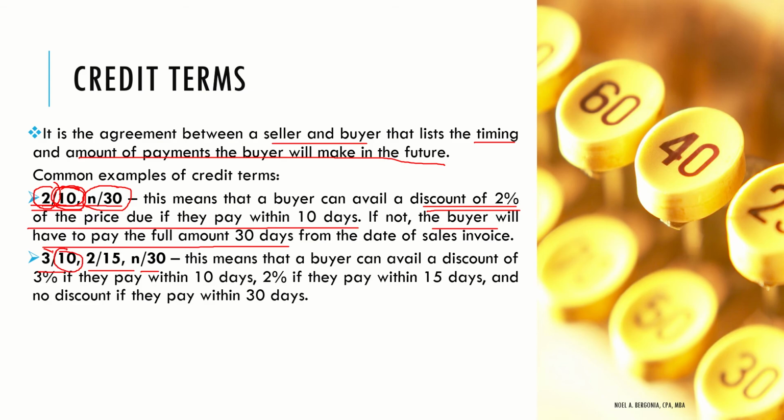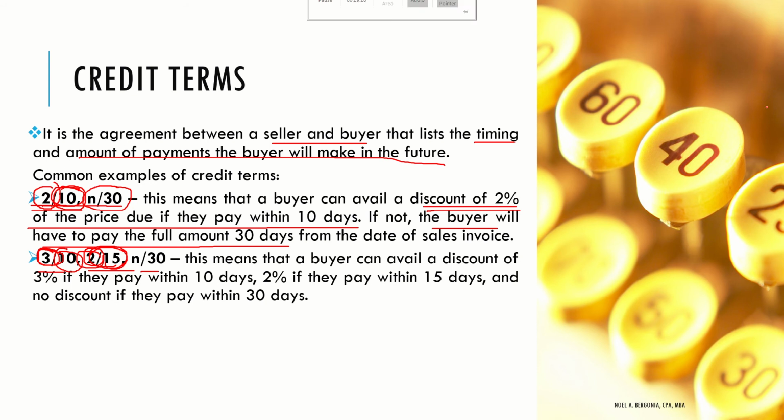10 days, the customer could avail 3% discount. So pag nagbayad siya within 10 days. Pero, kapag lumampas na, let's say, day 11 up to day 15, kasi yun yung second, no? Day 15, then, ang maa-avail na lang po ni customer ay yung 2%. Okay? So, habang papatagal ng papatagal, nawawala na siya ng chance dun sa discount.